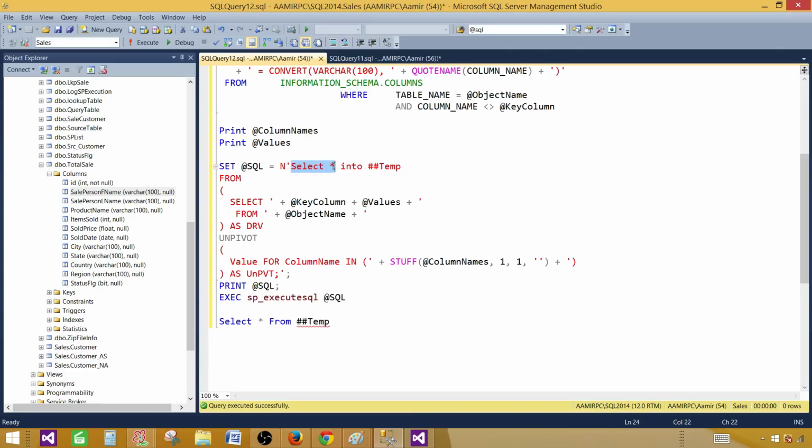We are saying select asterisk into temp table from this query. So I write this inner query. Here we are saying select key column, that's our ID, and then values. All those columns, in the values, I showed you where we have converted those columns, they will be here from the object and as a derived. So this query will be a derived query here, and then we are unpivoting it, value for column names in, so we are using stuff and removing that